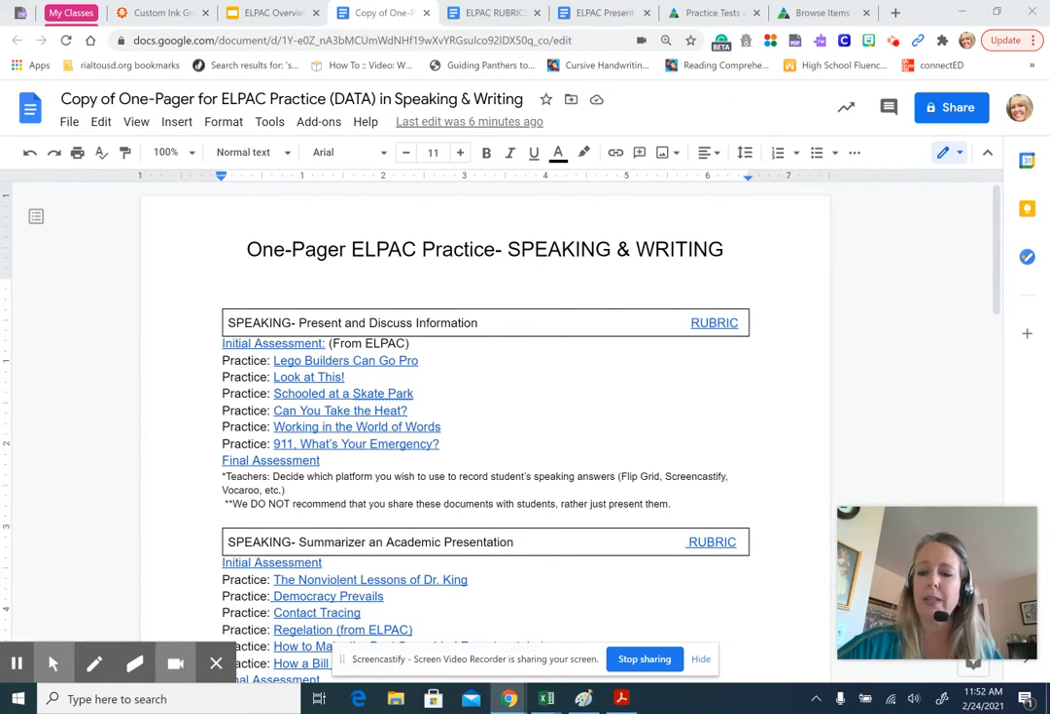If we look at this one pager, we decided to focus on 2 areas of the speaking on the ELPAC. The last 2 areas are always the toughest ones. They're easy at first, and then towards the end they get really hard, if you're familiar with the ELPAC. So we decided to focus on present and discuss information,